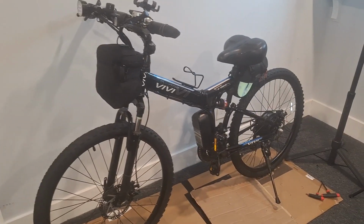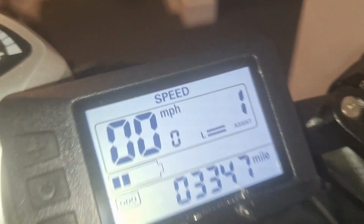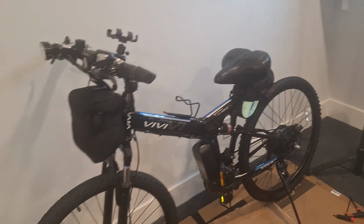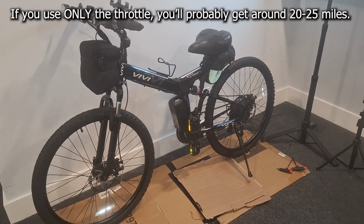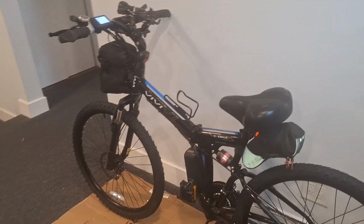I get in pedal assist mode 1, I'm gonna say it again, pedal assist mode 1, you get probably about 40-ish miles out of it if you're careful. Depends on a lot of circumstances, like hills and stuff like that. Obviously, if you're going up hills, you're going to drain the battery faster. So yeah, usually on regular pavement, you know,